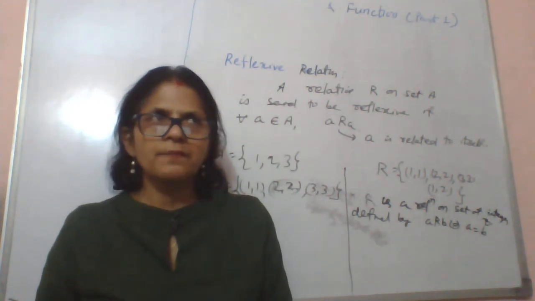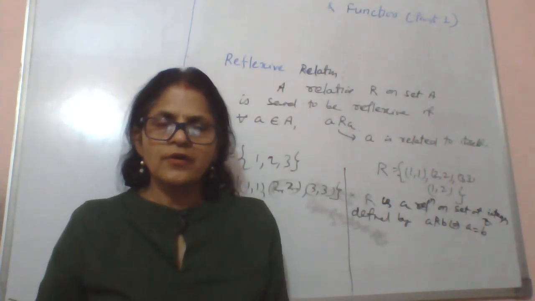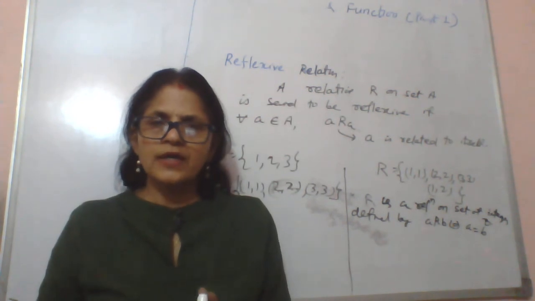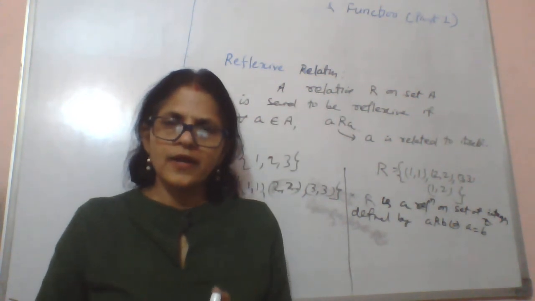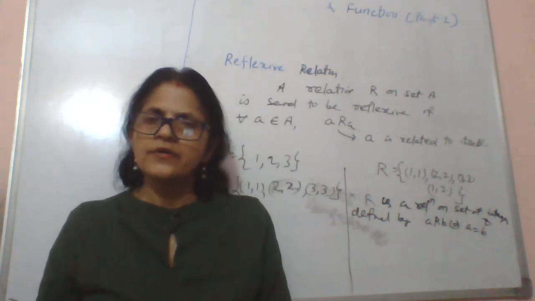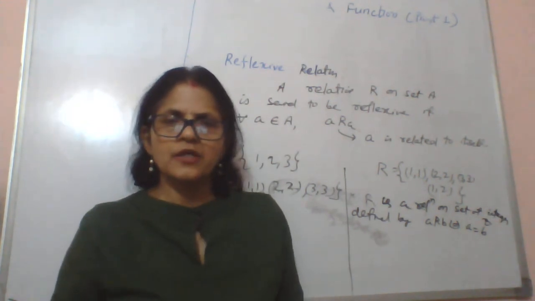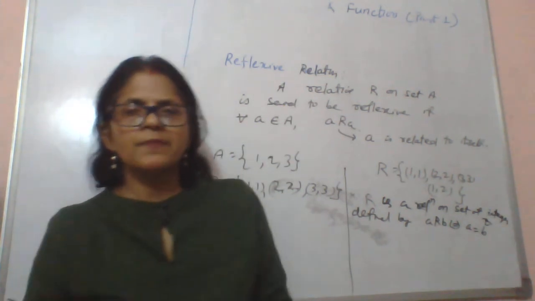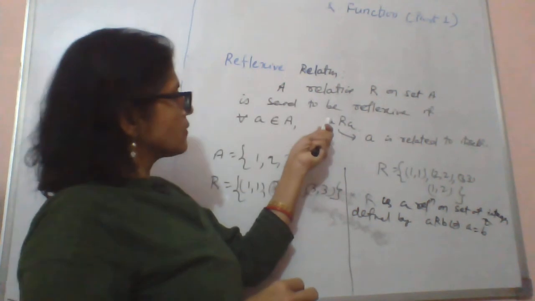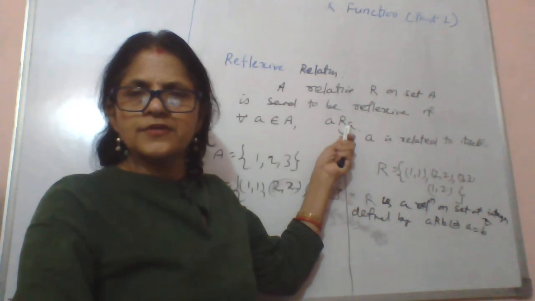And one more example on the set of triangles: triangle ABC congruent to triangle DEF. If this is the relation, as we know, every triangle is congruent to itself. So congruent to, similar to, we can take these as reflexive relations, right? So a reflexive relation is basically, you can say, we take only one element and that element is related to itself. Okay, so that is a reflexive relation.